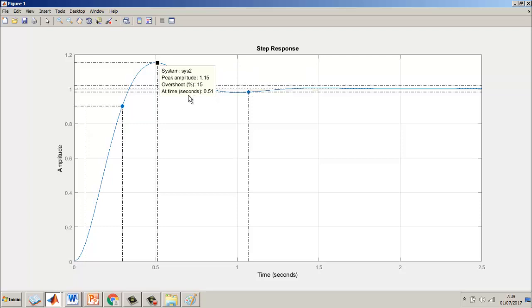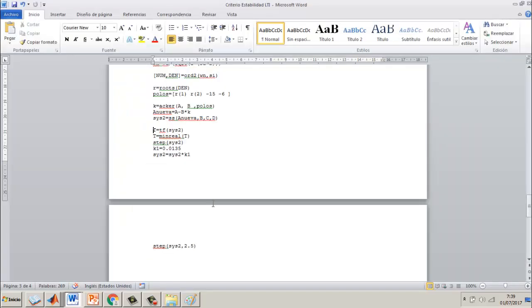Okay, here we have the overshoot, which is 15%, and the peak response, which is half a second, and the exercise asks